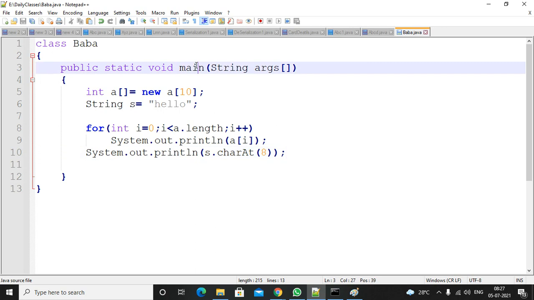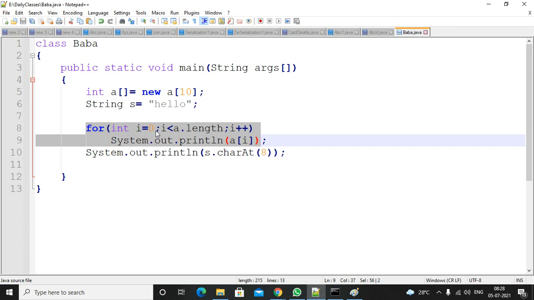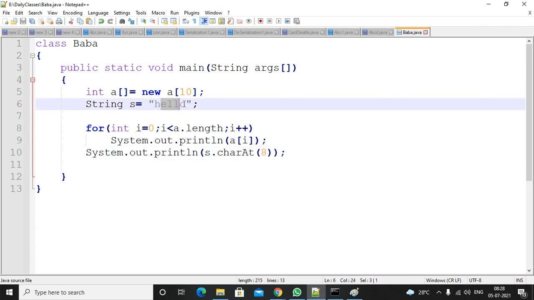In this case, the main method will be executed, so only one thread will be there. It will create the runtime stack, with no method calls at all, so only one main thread entry will be there. As part of that entry, it tries to complete this code. It will initialize the array with default values zeros and assign hello. It tries to print from 0 to array length, so 10 values will be printed, all zeros, and then you are trying to print the 8th location value. 8 locations are not there, so here it will throw an error.